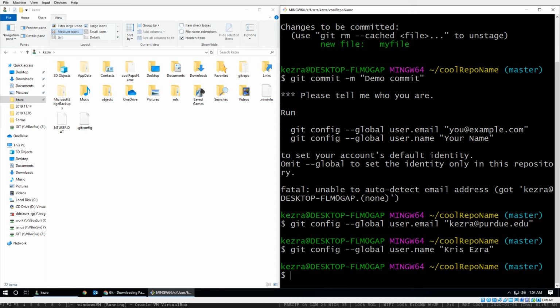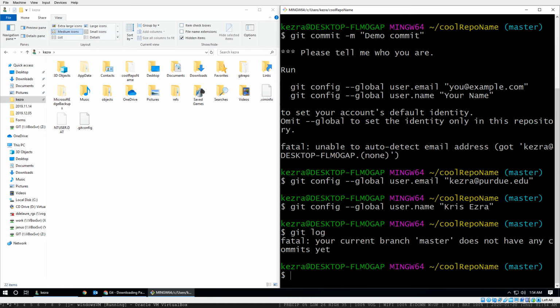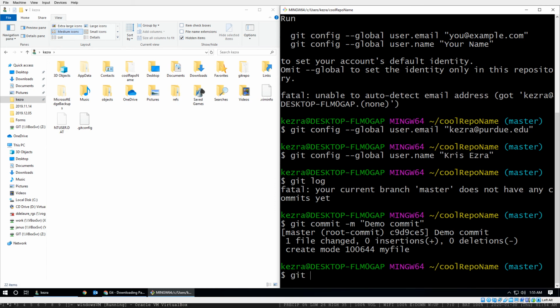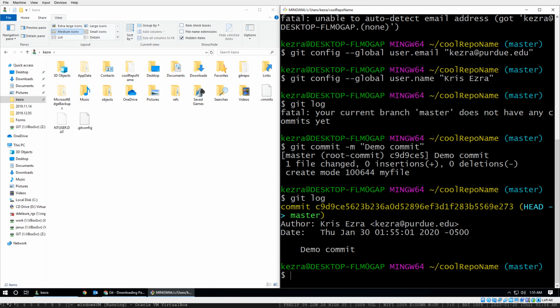So now that I've done that, if I do git log, oh, I don't have any commits yet. So let's actually do that commit. Let's up arrow until we get the commit message again. Git commit. And now git log. So you see that it's me, and that's my email address, and this is the demo commit. So that's the first step, and it created you this cool file, which is